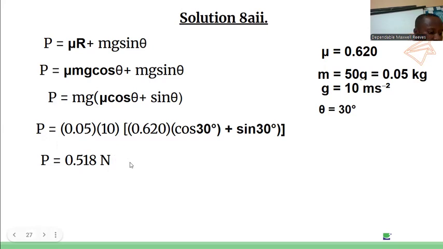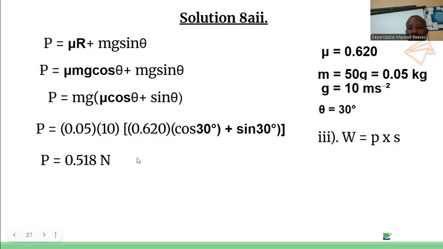So the next part of question number 8, we were asked to calculate the work done in pushing the craft up the incline, but we were told to express our answer in kilojoules. So we all know that work is equal to force times distance. The force here represents the pull force, the force that pushes the craft up the incline. So we have already calculated the pull force to be